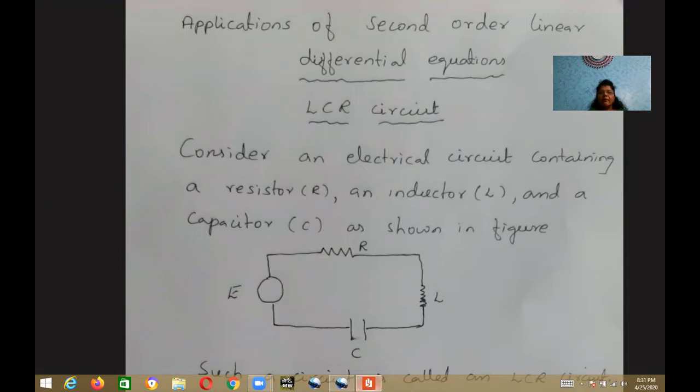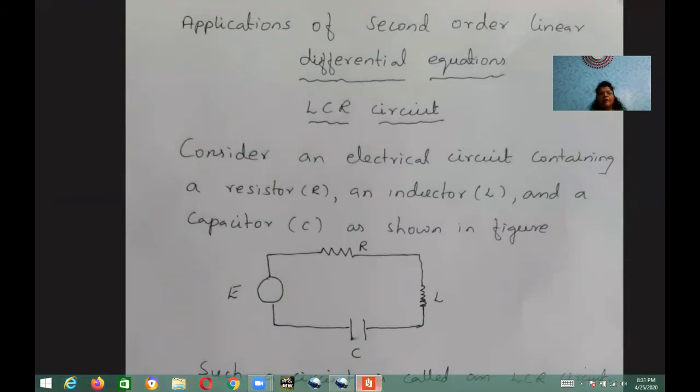Teach you the applications of second order linear differential equation. According to VTU syllabus, we have got two applications of second order linear differential equation. The first one is LCR circuits and the second one is vibration of string. Today, I am going to teach you how to solve the LCR circuit when some data and initial conditions are